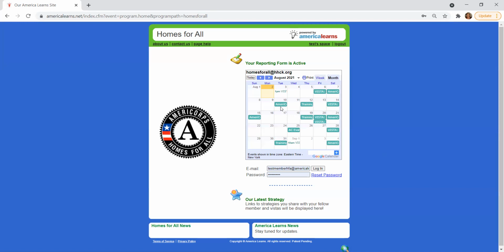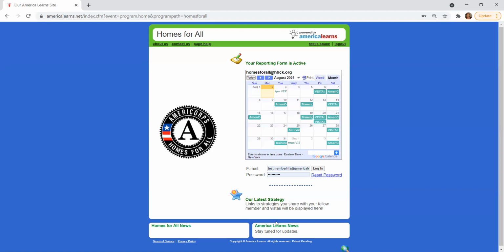So if there are things that say both programs, so right now in the month of August, I almost said April, I'm so sorry. There would say both programs, and that would be for both programs to pay attention to. We are very glad that we were able to connect our Google Program Calendar, so that this is just another way for us to make sure that you serving in our program have this information up front. You'll be able to see it every month, every week that you log into your America